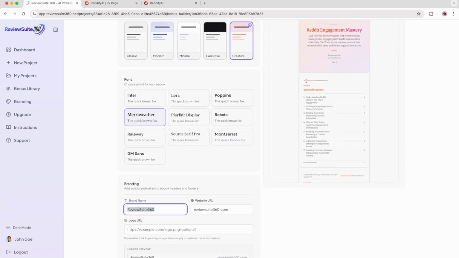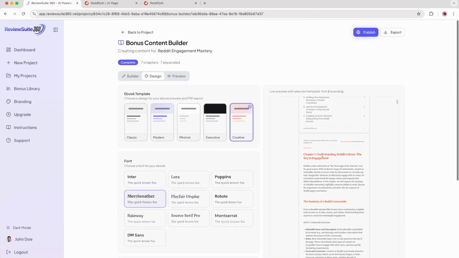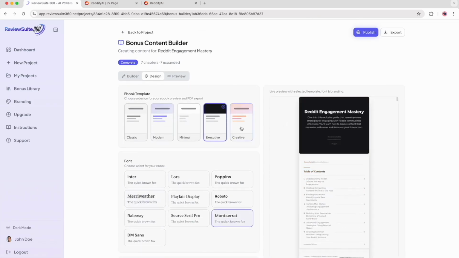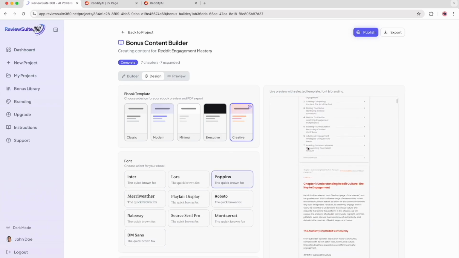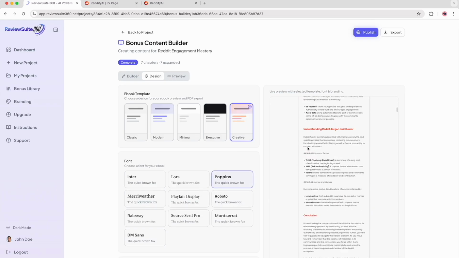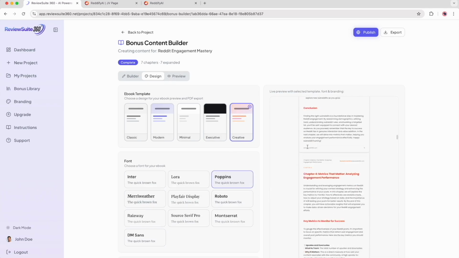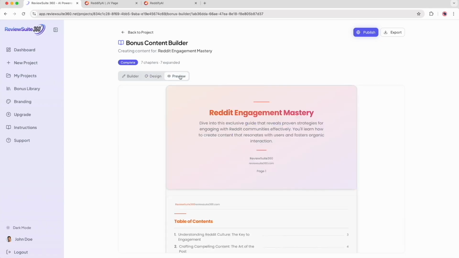And you can also add your branding. So for example, my website name is John Doe. I can simply say johndoe.com, and you can play with it and design. Once you finalize the whole thing, preview it here,